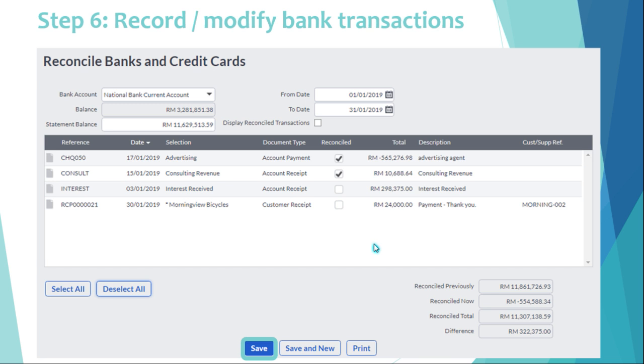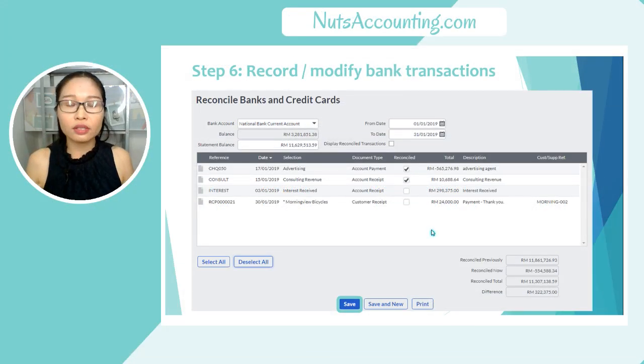And sometimes you might see a transaction in Stage 1, but not in your bank statement. You then would need to do a little investigation to find out what happened to the transaction, whether you have duplication or whether it really doesn't appear there. So you will really need to do a little investigation there, because sometimes in certain scenarios,